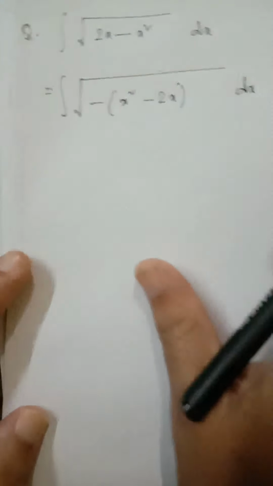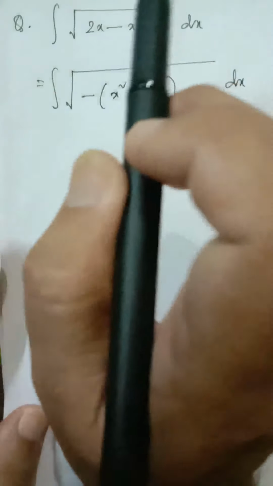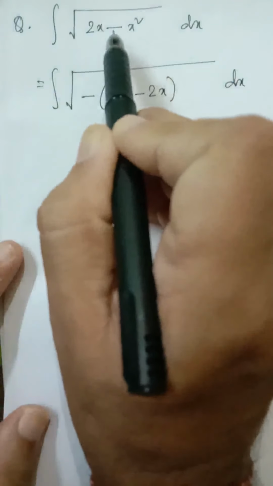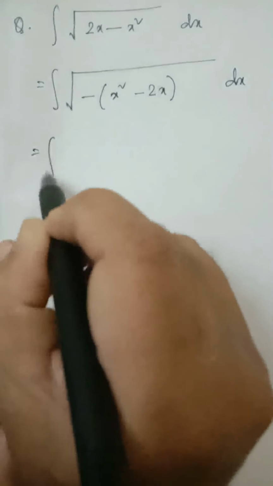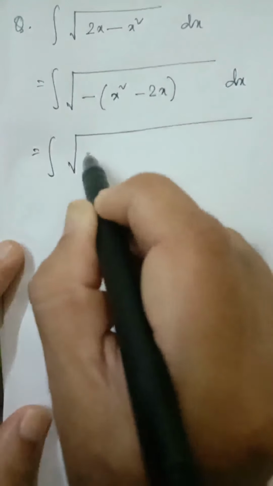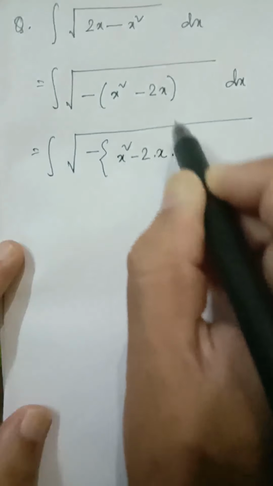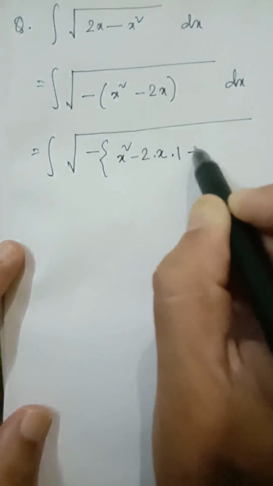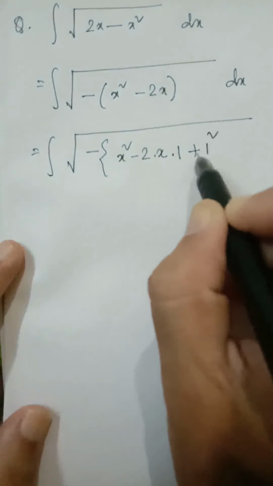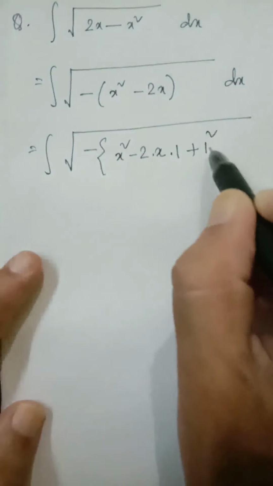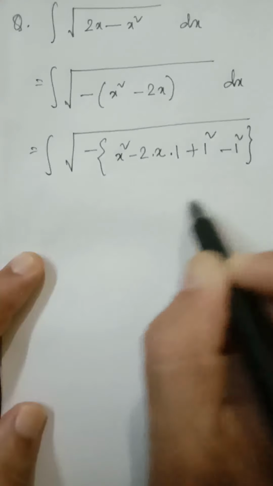This is the first step. We have taken the minus sign common. The coefficient of x square is minus 1, and for that we have taken the minus sign common, but we cannot write minus 1 outside the root sign. So now inside, we have to make this a perfect square, so it will be x square minus 2 into x into 1. To get 2x we have to multiply 1 with x. To make it a perfect square, a square minus 2ab plus b square, if we add 1 square with this, it will be a perfect square. But this term I have written extra. To adjust, I have to write minus 1 square also, dx.